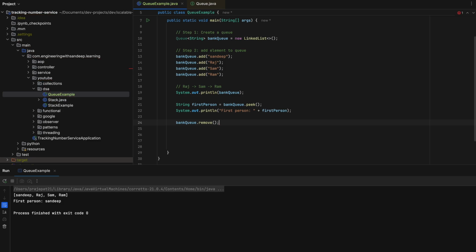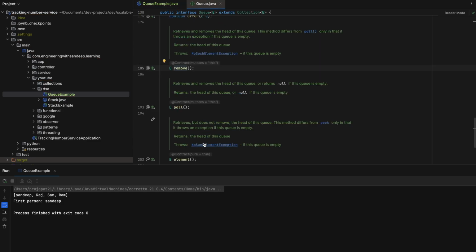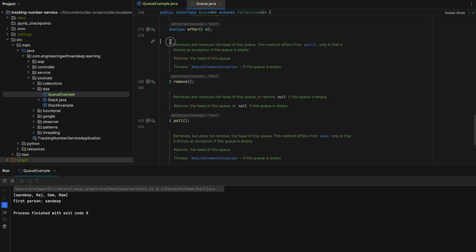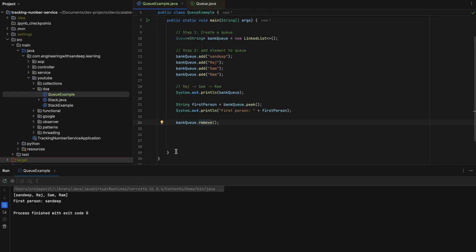bank.queue.remove. Now with this remove command, if you look at the description of this method, it says it retrieves and removes the head of the queue. So the head of the queue right now is Sandeep, so he will be removed from this queue because his task is done. So what we're going to do is save this